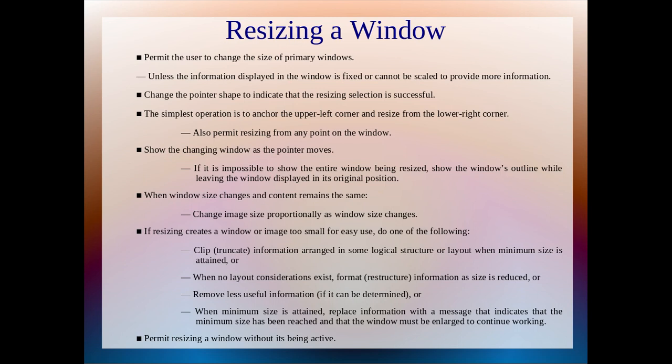Resizing a window. Now let's discuss another window operation. Permit the user to change the size of primary windows unless the information displayed in the window is fixed or cannot be scaled to provide more information. Change the pointer shape to indicate that the resizing selection is successful. The simplest operation is to anchor the upper left corner and resize from the lower right corner. Also permit resizing from any point on the window. Show the changing window as the pointer moves. If it is impossible to show the entire window being resized, show the window's outline while leaving the window displayed